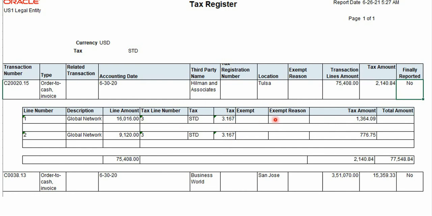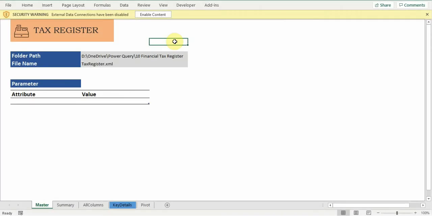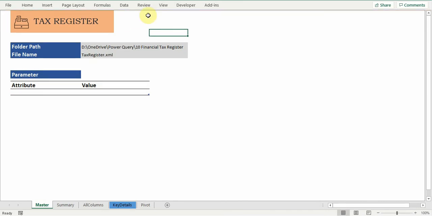So let's go to the Excel. Please download this Excel file from the YouTube video links. This is a macro enabled file, so initially when you open it there will be a security warning, and you need to enable the content. At the bottom we see that there are 5 sheets. The first sheet contains the parameters, where you enter the folder name and the file name in the respective cells, and then it will populate the parameters here.